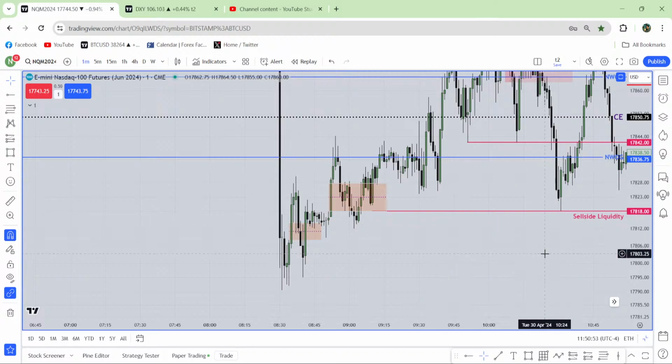I'm not interested to talk about the price action right now because we are very near to the London Close macro. So if anyone is interested,